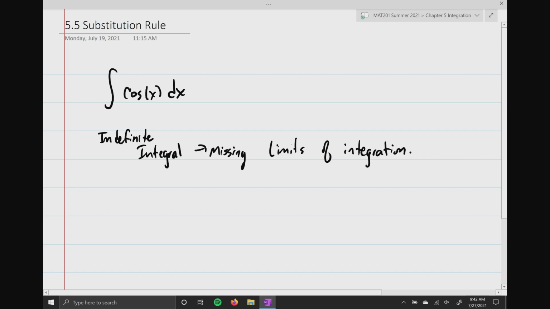Now, according to our table of integrals, we know that the integral of cosine of x dx is going to be sine of x plus some arbitrary constant. Because remember, when you do the integral of an indefinite integral, you get a family of solutions. Okay, so this represents a family of solutions